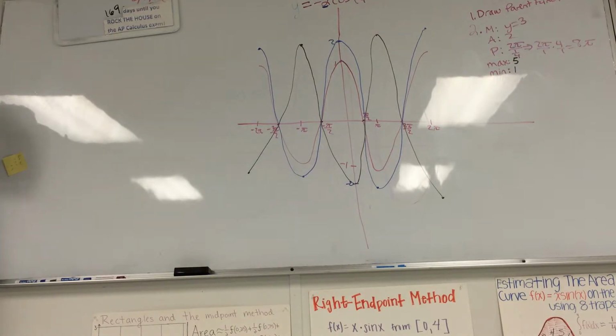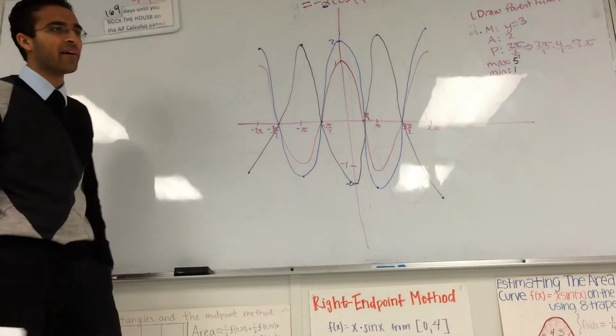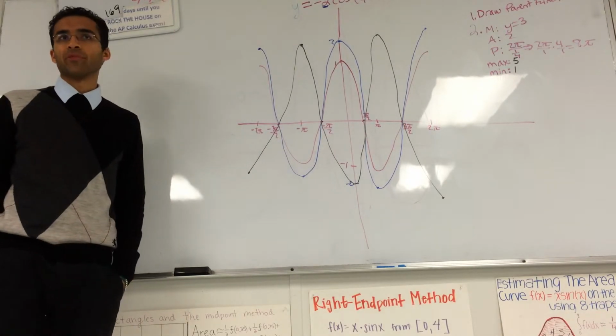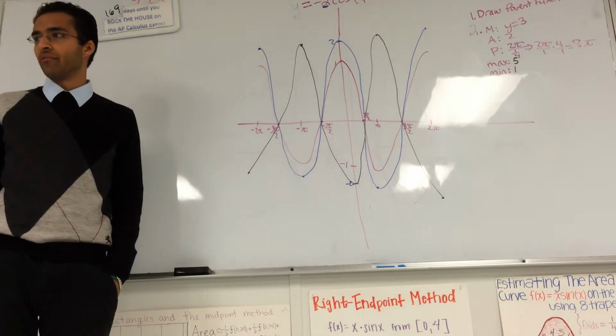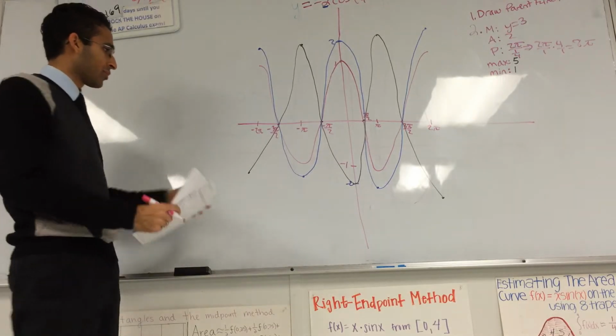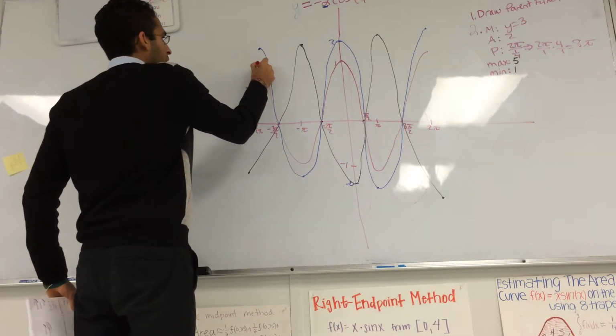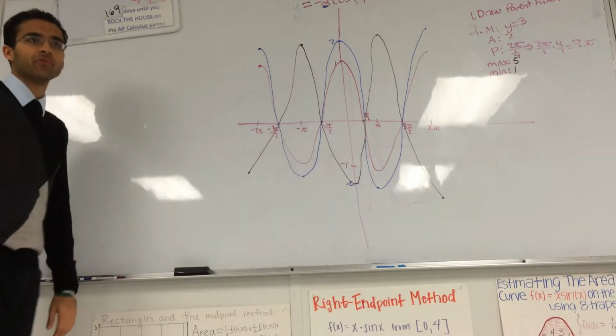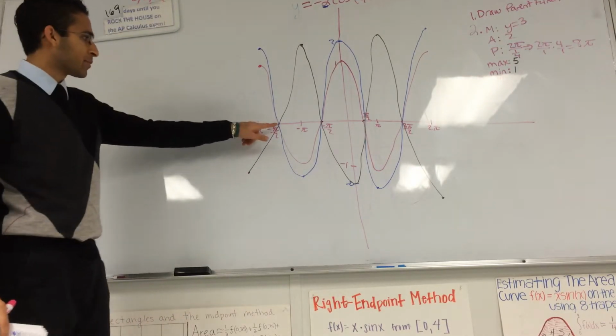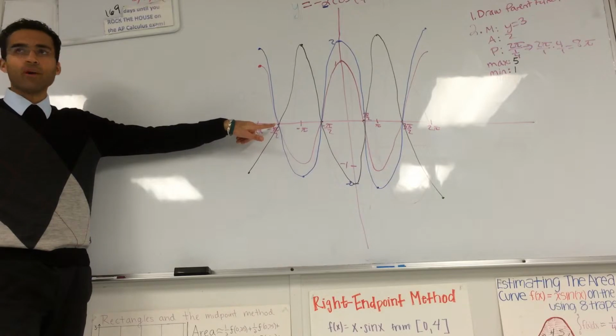Folks should be thinking, okay, is this shifting up or down? I hope people think, okay, this is a vertical transformation. We are outside the parentheses. We are shifting the y values, and we are going up by 3. We are adding 3 to every y value. So let's start with the black graph. So this -2 comes up to +1. -2 plus 3 is +1. Here's the next point on the black graph. This 0 point